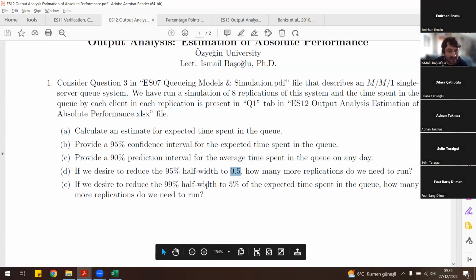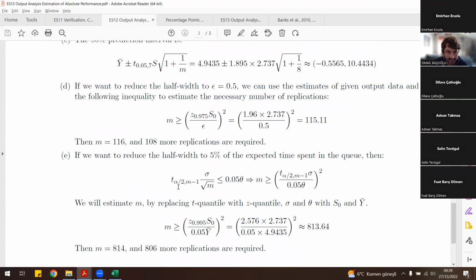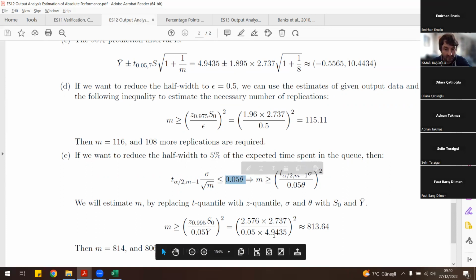There are only a few basic steps that we need to perform. Please check. Here, the indication is this. This is the half-width formulation, right? The half-width is calculated by multiplying the t quantile with the theoretical standard deviation across replications divided by the square root of the number of replications. This is the half-width formula that we have collected from the theoretical lecture, okay? And we want this to be no larger than 5% of the estimate that we want to get.